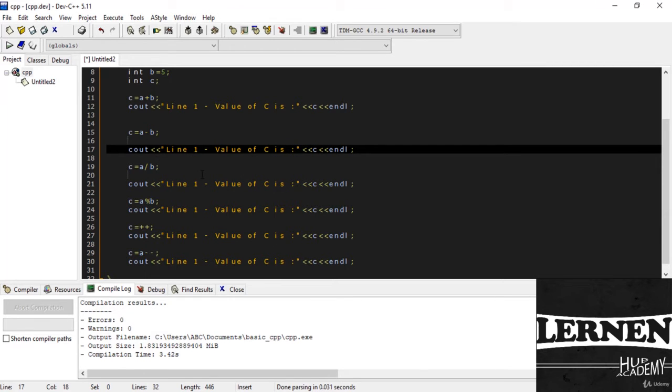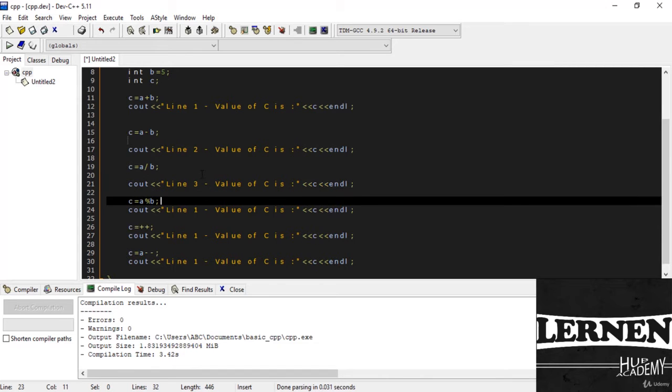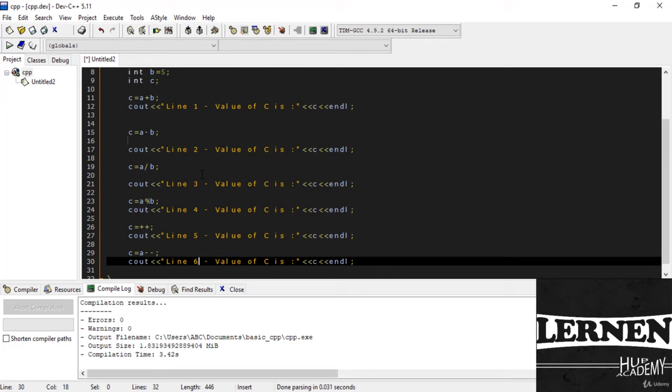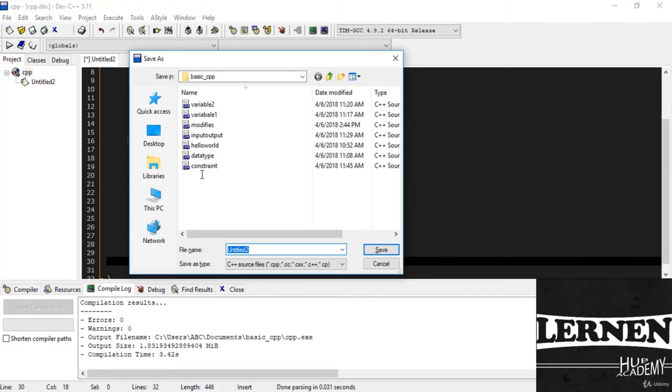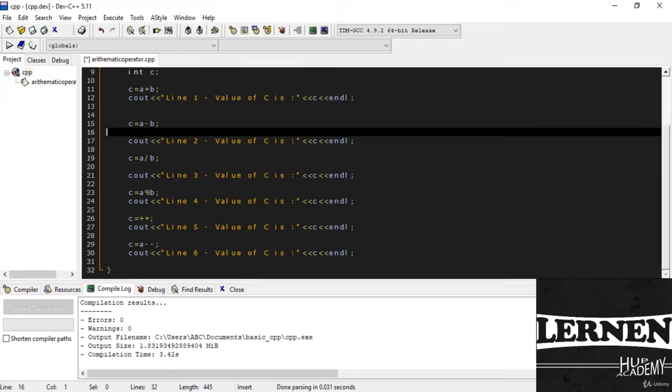So now I'll just change line number 2, line number 3, line number 4, line number 5 and line number 6, okay? I just save like arithmetic operator. So you can see our arithmetic operators are completed here, like plus, minus, divide, modulus, increment and the decrement operator,